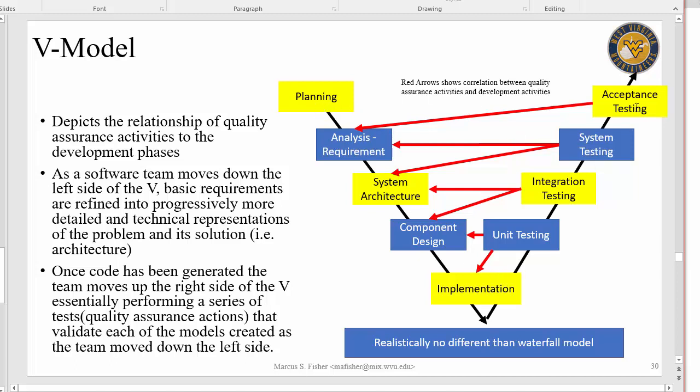It's the same activities. All this model does is show the correlation between our quality assurance activities, testing, and which phase it is being correlated to. So when we have the system architecture phase, when we're doing integration testing, we're focused on testing the system architecture. When we're doing system testing, we're focused on testing the system architecture as well as testing the requirements. And during acceptance testing, we're focused on testing the requirements. So the V model, all it does is bring the quality assurance activities and shows you how it's related to